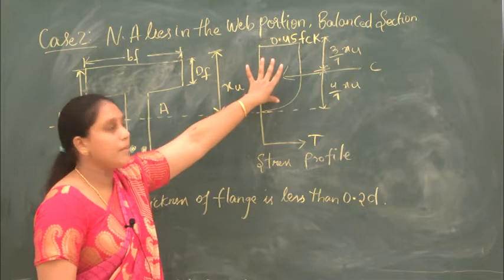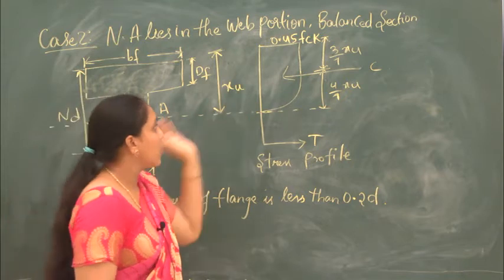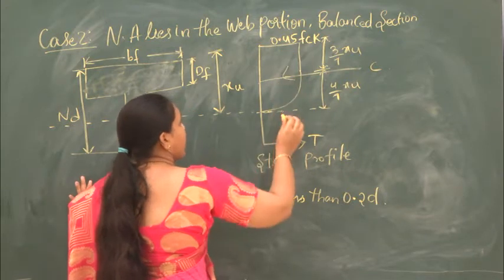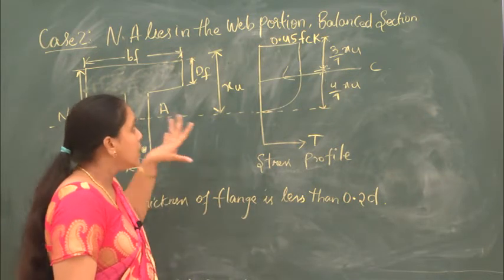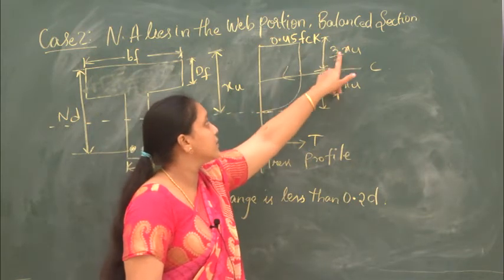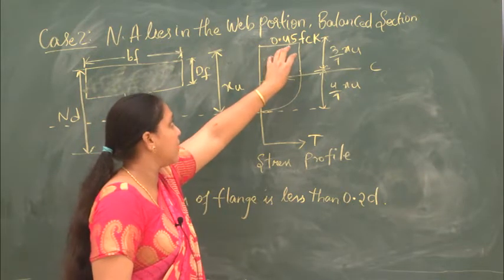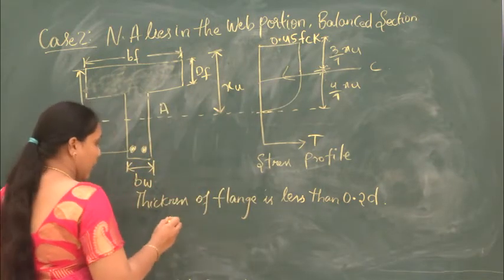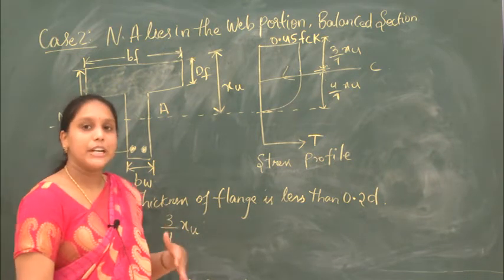Now here I am considering this particular stress block. So in this stress block, what can we see? We have a rectangular part, and we have the parabolic part. So the stresses are different here. If you take this particular rectangular part, what is the distance of this? It is 3/7 of x. The stresses in this particular rectangular block are uniform. So if I consider 3/7 x, that is for different grades of steel.